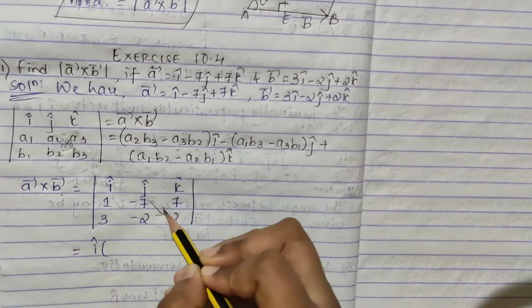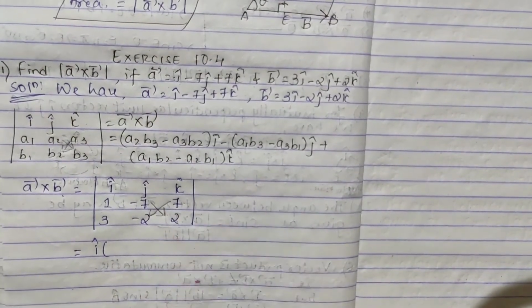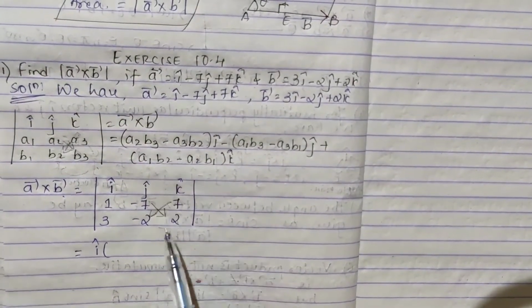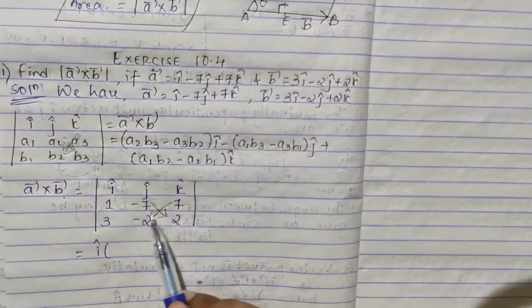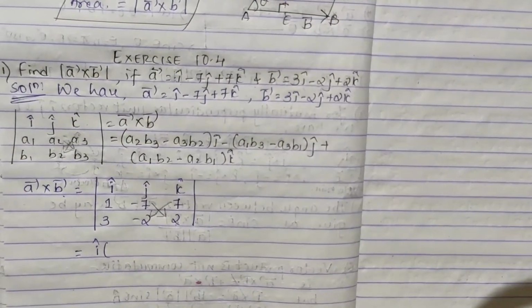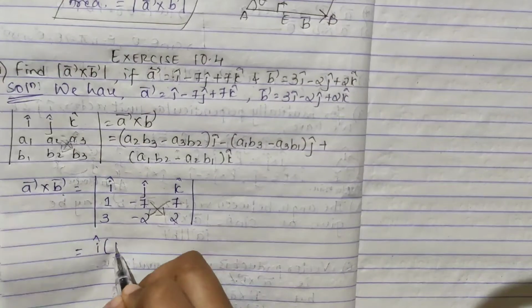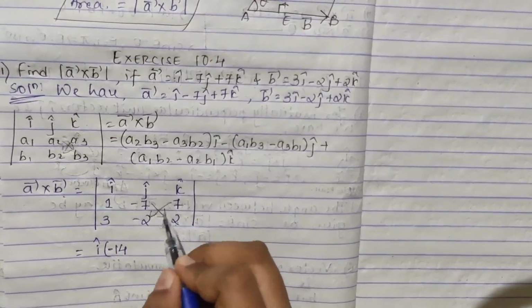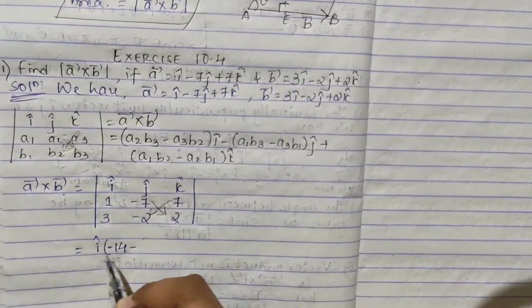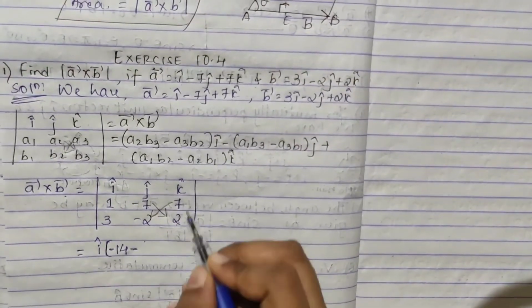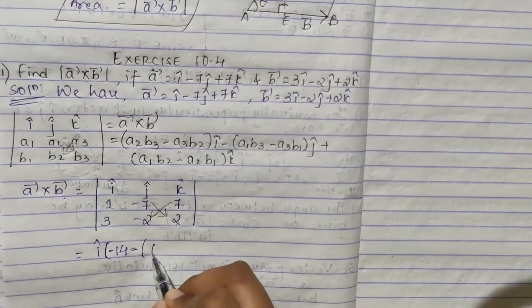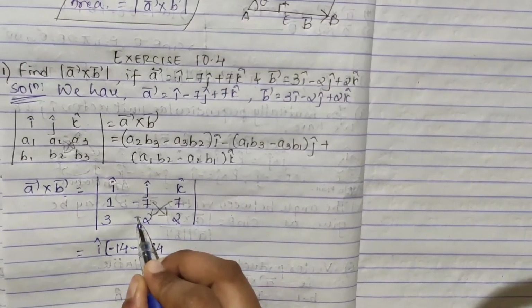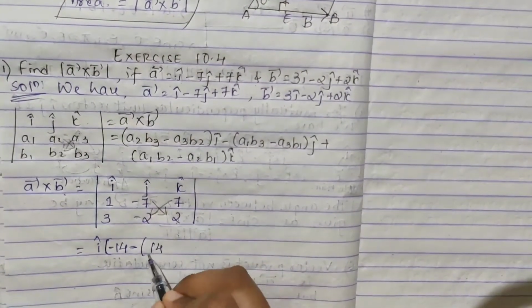7 2s 14, and then this also 7 2s 14, but with a negative sign. When you are doing this, it will be plus. While you are multiplying this, it will be negative. 7 2s 14, but here the negative sign is there, into minus. While you are doing this, it is minus sign again. 7 2s 14, but already here you have again minus 2. Minus 2 into 7 is minus 14.